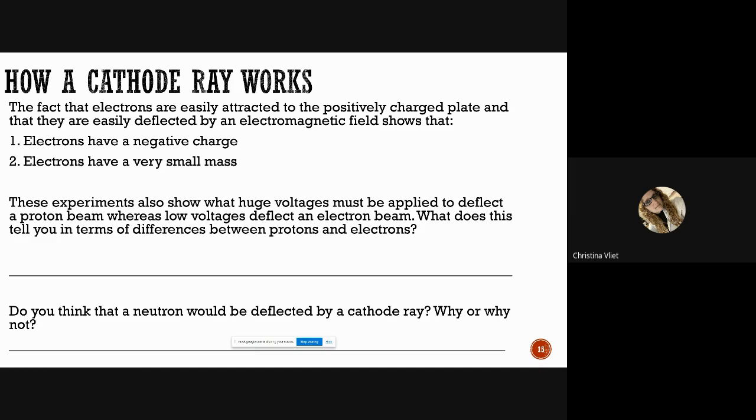You're told some information here, and they tell you that a huge voltage must be applied to deflect a proton beam. It's a different way of saying the same thing I told you. It will take more effort to move a proton beam than to move an electron beam. What does this tell you about the difference between a proton and an electron? So let's go ahead and officially answer that here. Protons have a greater